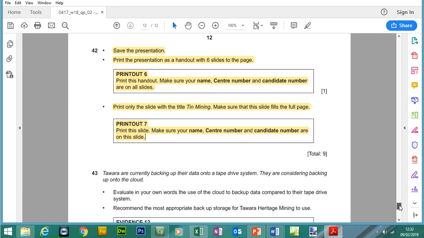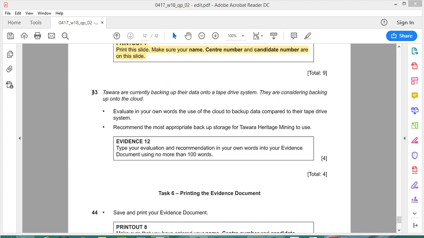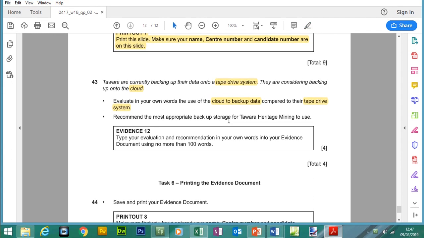And then finally, you will be expected to print off your evidence document, but we have one final question. Okay, so let's look at question 43. So this company is currently backing up the data on a tape drive system. They're considering backing up onto the cloud. Okay, so evaluate in your own words the use of the cloud to back up data compared to their tape drive system. And then what we have to do is recommend the most appropriate backup storage device for this mining company to use. So for evidence